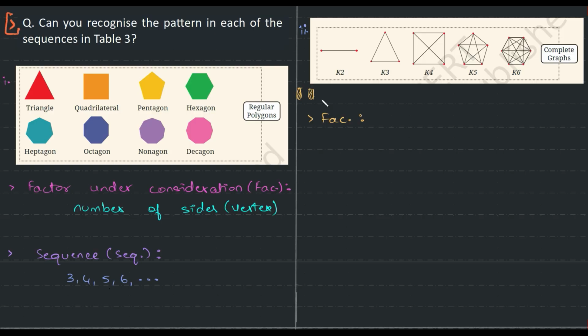One factor that I can think of is the number of lines that I see in each structure. Another factor is the number of dots or vertex, number of corners, number of angles. One more factor is the number of diagonals. Diagonals is something that we'll talk about in the future. One that I want to discuss here is